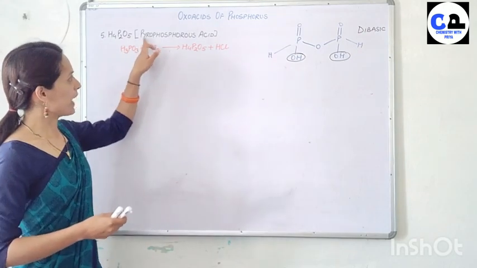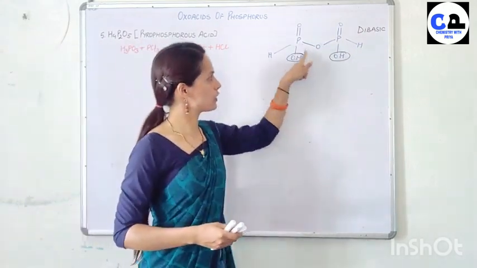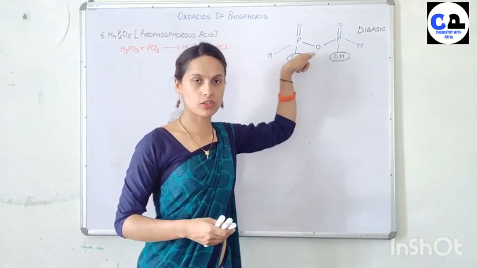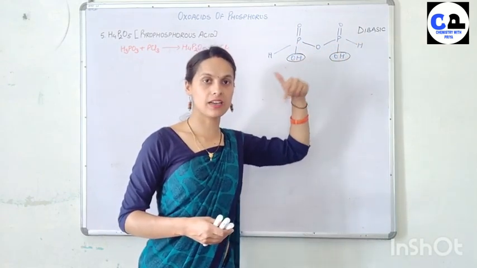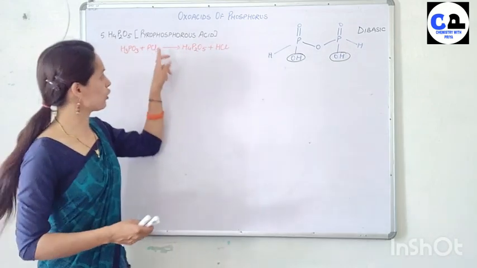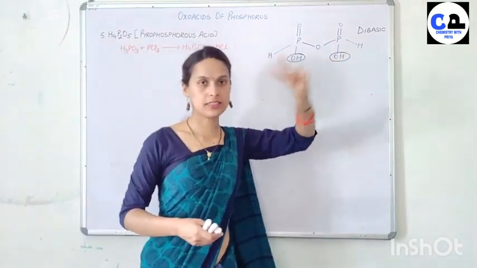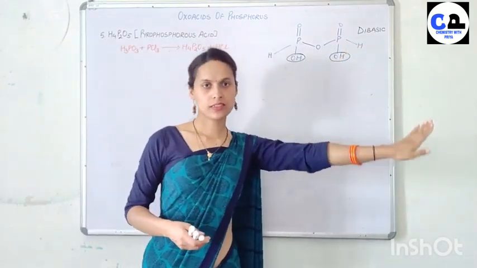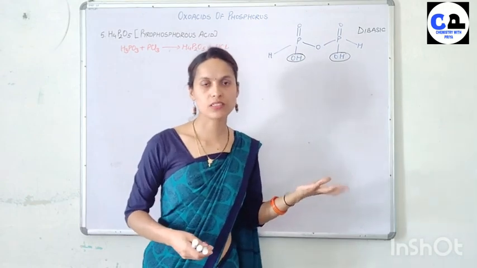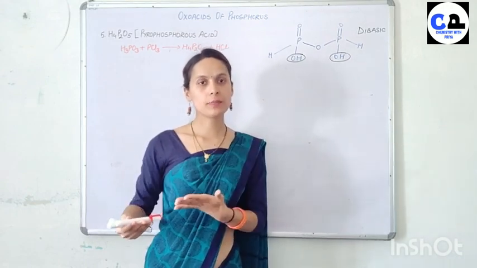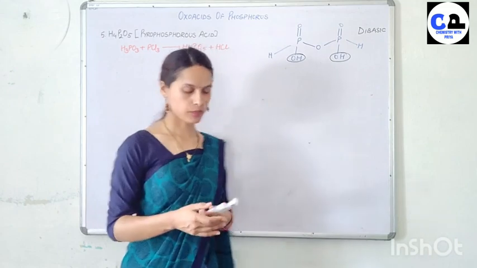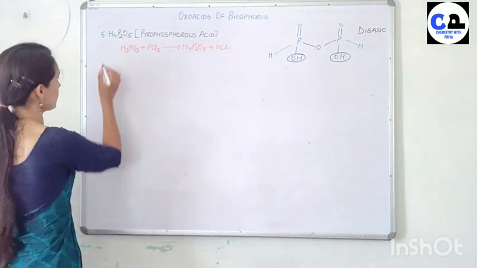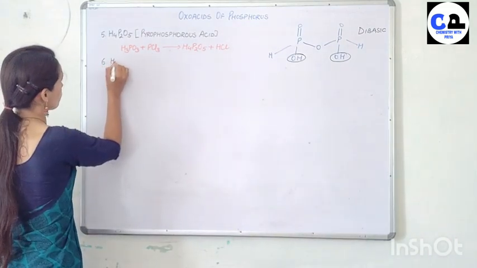So, why is it pyro? Because of the presence of the POP linkage. And phosphorus, why? Because of its basicity, that is 2. So, pyrophosphorus acid, and we can prepare pyrophosphorus acid by treating H3PO3 with PCl3. Now, next, 6, we will talk about